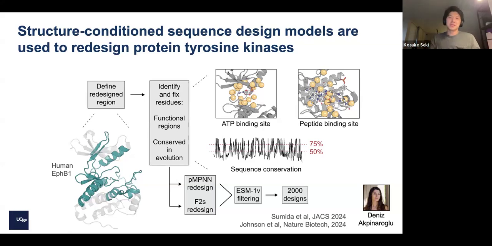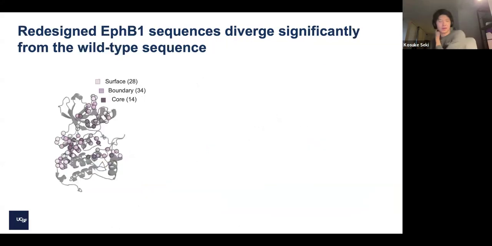And so what do these sequences look like? So after doing all of this redesign, in all 2,000 of these sequences, we see mutations at about